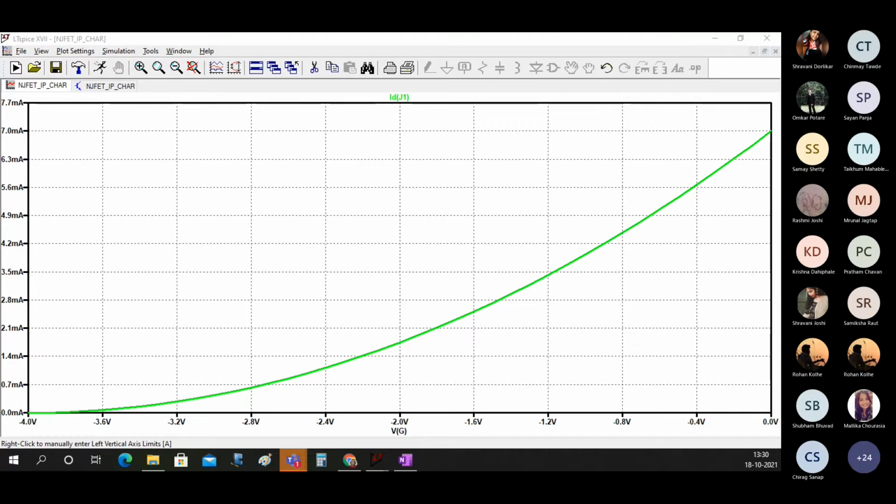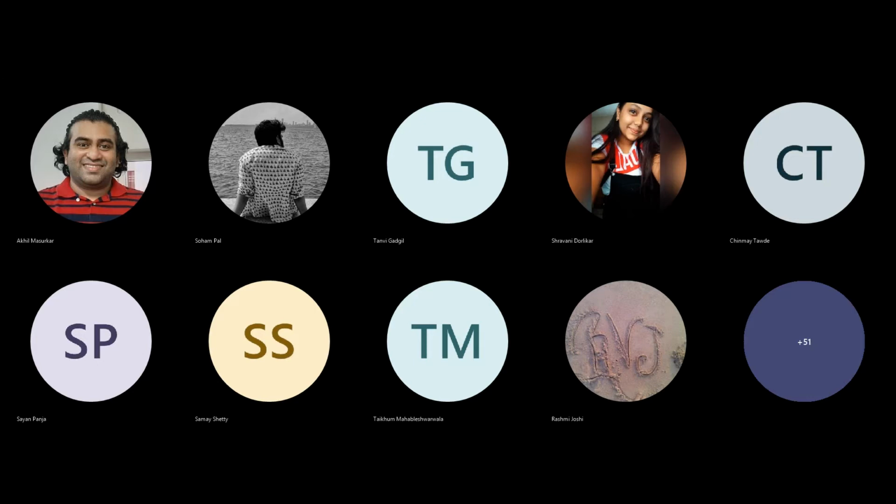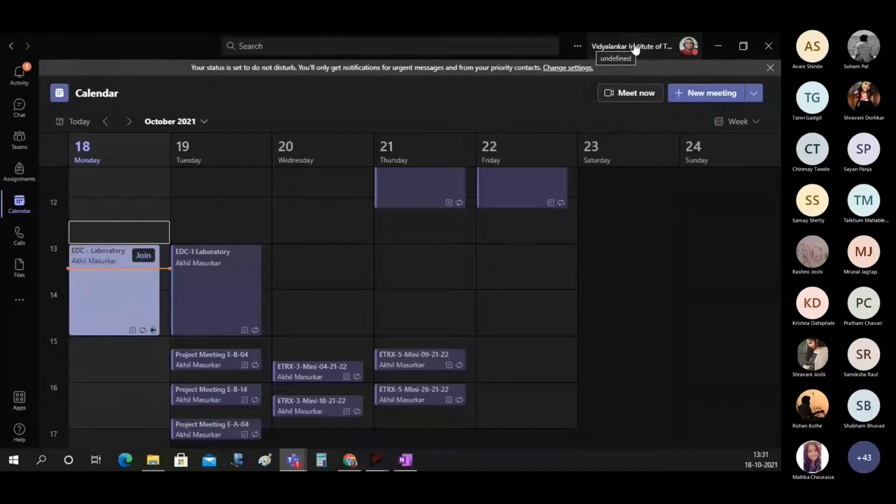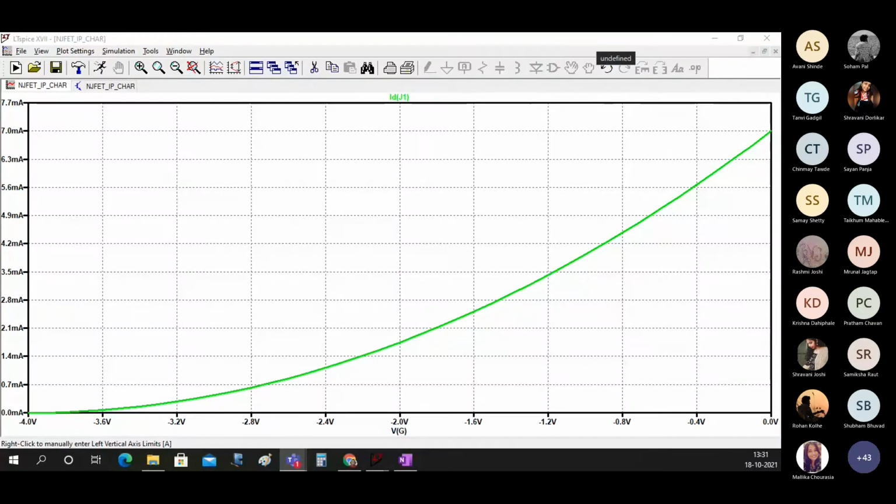Okay, Tanmay, output is correct. Are you able to see the screen?